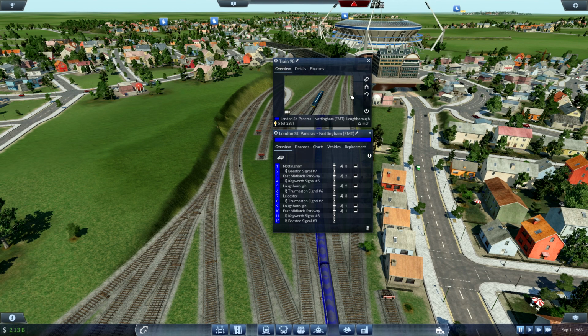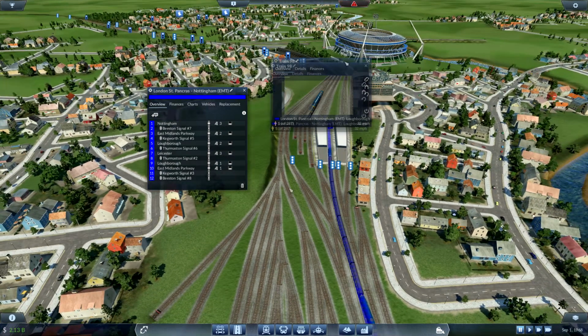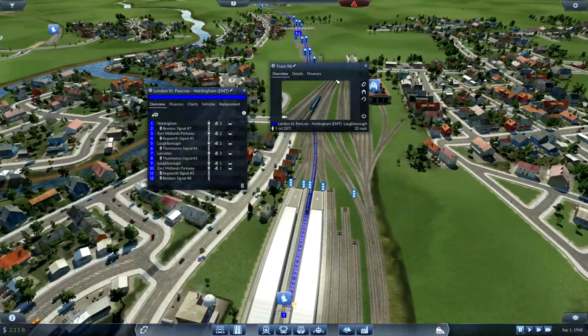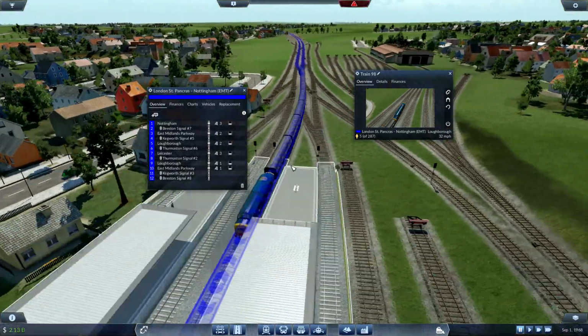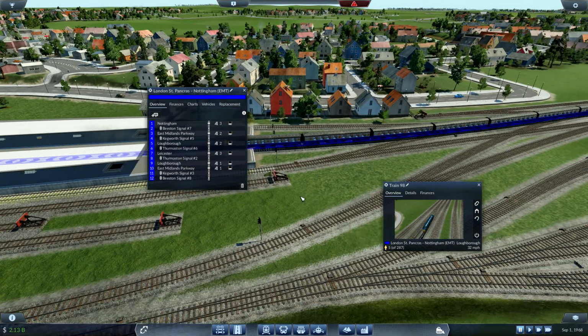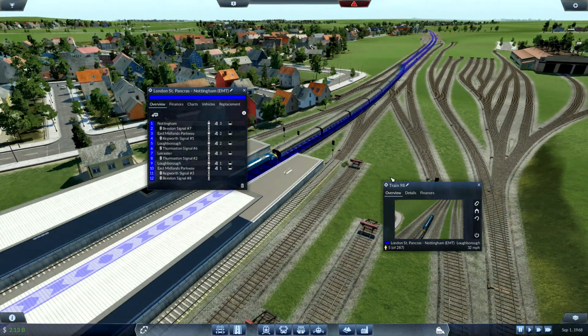So, shall we add Market Harborough to this service? I almost feel like we could stop at Loughborough on this one. We're going to have this as the... Ooh, because HSTs do run this one. This stopping service, but I'm going to imagine it's a slightly shorter train. I'm happy with it, but then we need to...